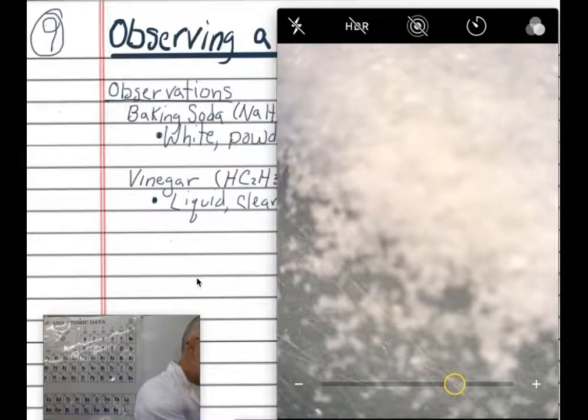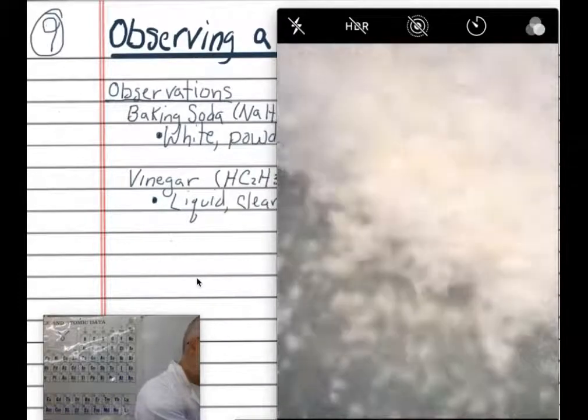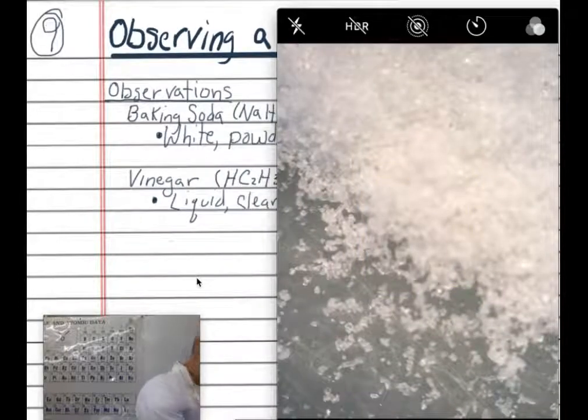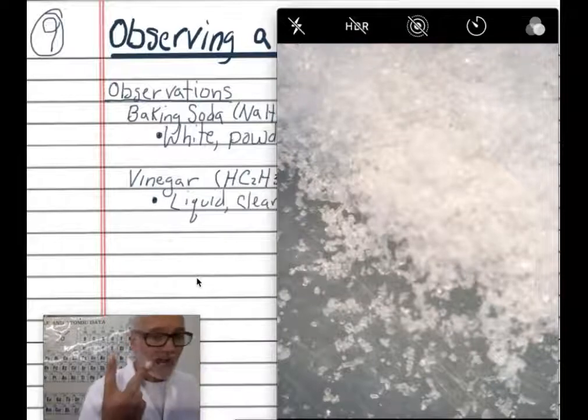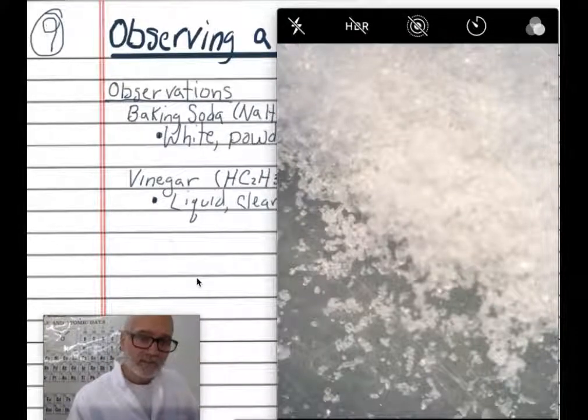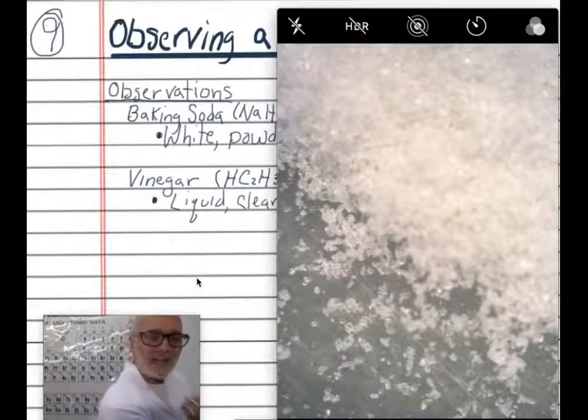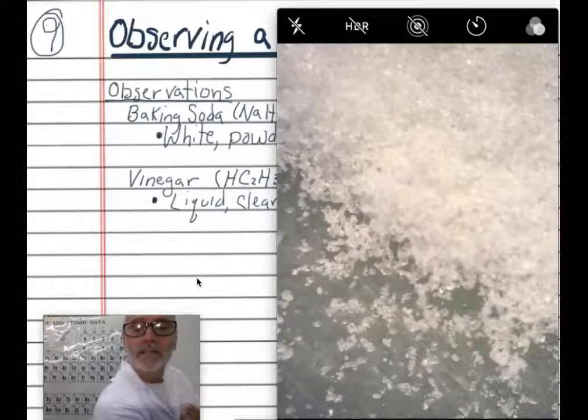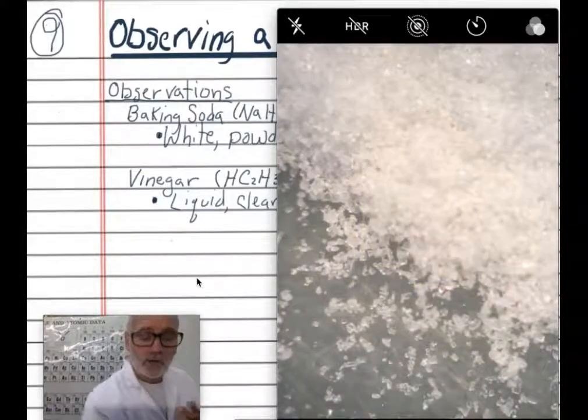And try to get it focused better. Okay, we have it on 2 times the normal size. So we're looking at it twice the size that it normally is. And one thing I'm noticing on here